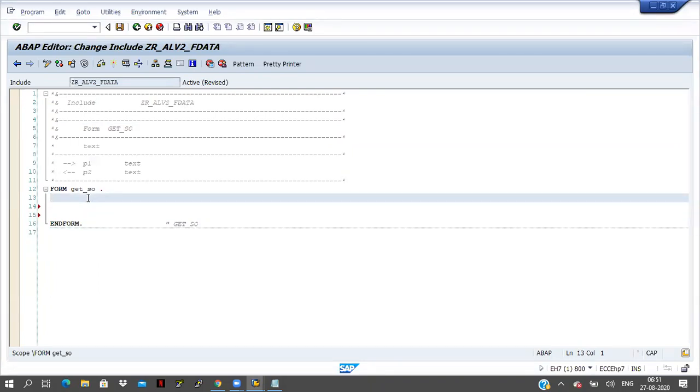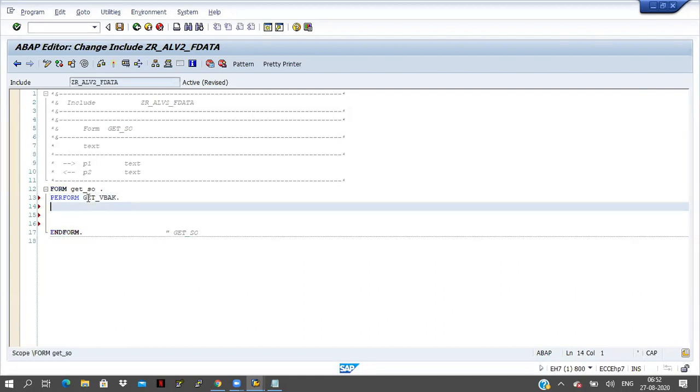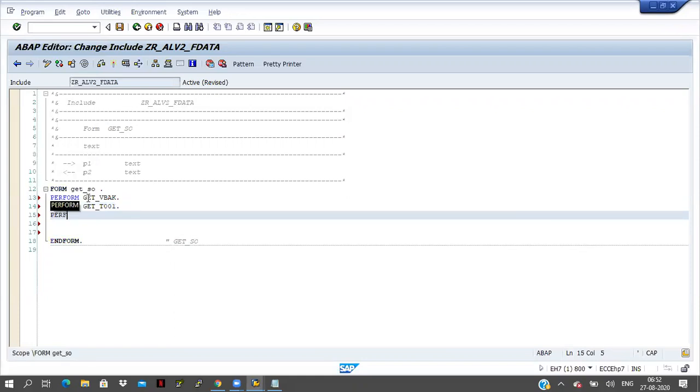And here also I am using one more perform. Okay, so a form inside the form. The perform form name is get_VBAK, and one more form get_T001. For each and every select query I am taking one perform here.